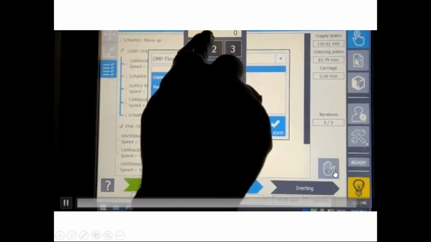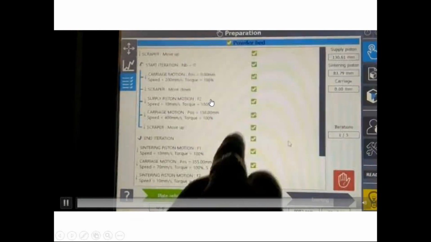Now we can see how he deposits the first layer without voids and cracks. Here see how he deposits. He again repeats iterations and moves the carriage again over the build plate. He is creating a layer without pores and cracks. It should be transparent. Finally, it is done.